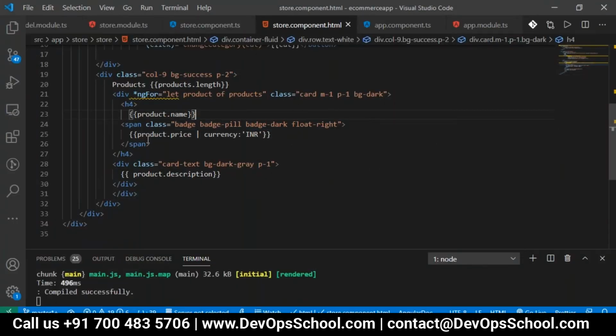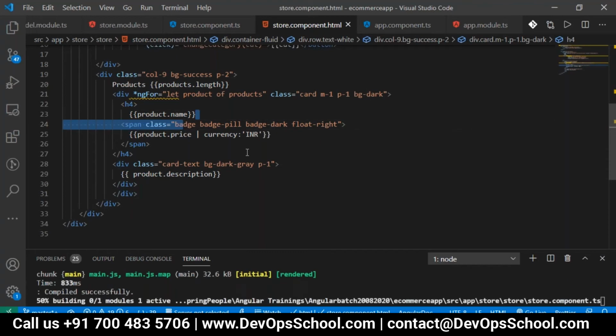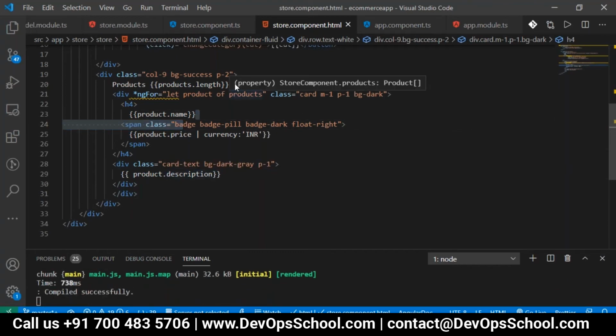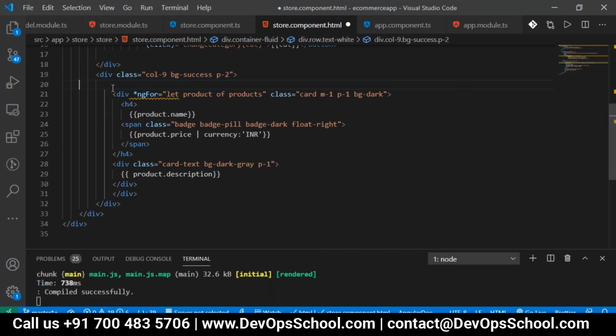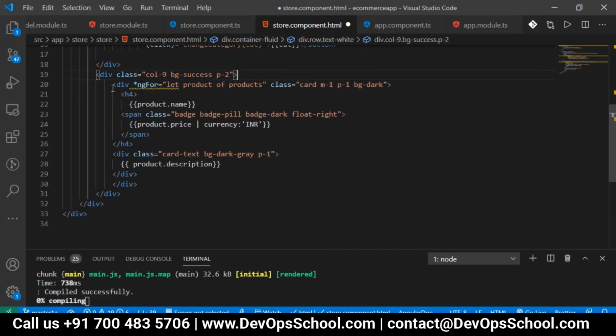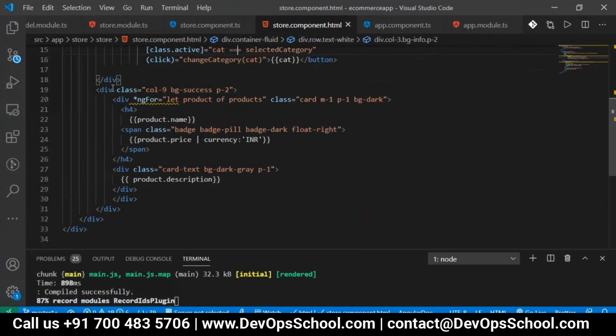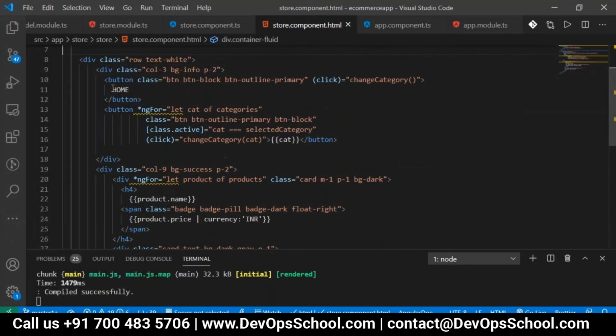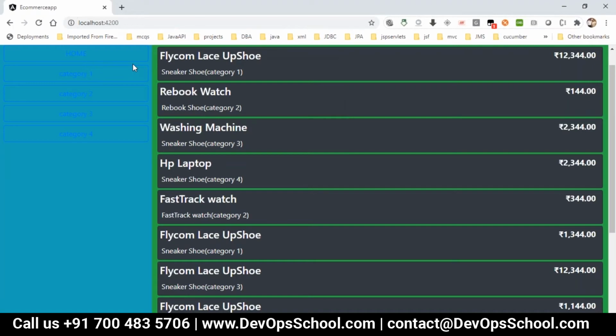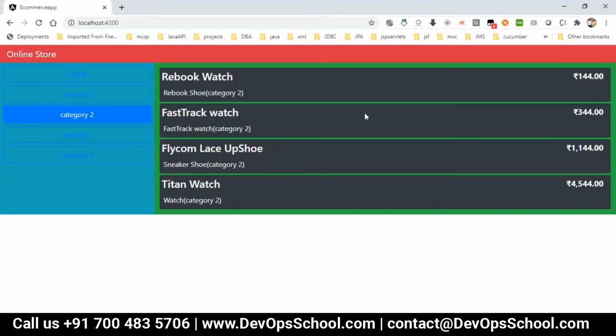These are all the CSS classes which we have used and displayed. I will just remove the products length because we don't want to display this. In the same way, I remove the categories length also, so that we want only the categories and the price.